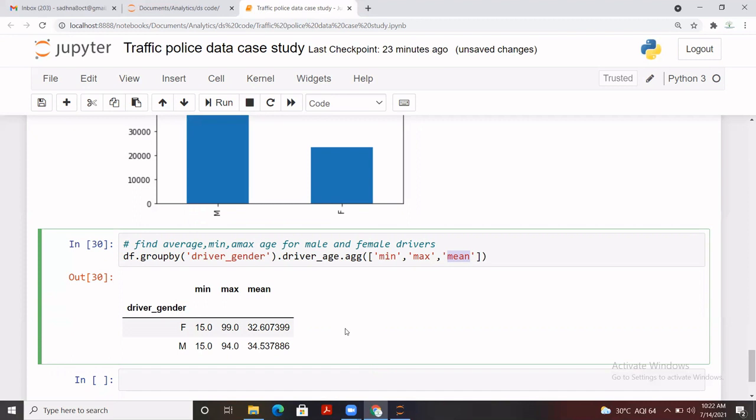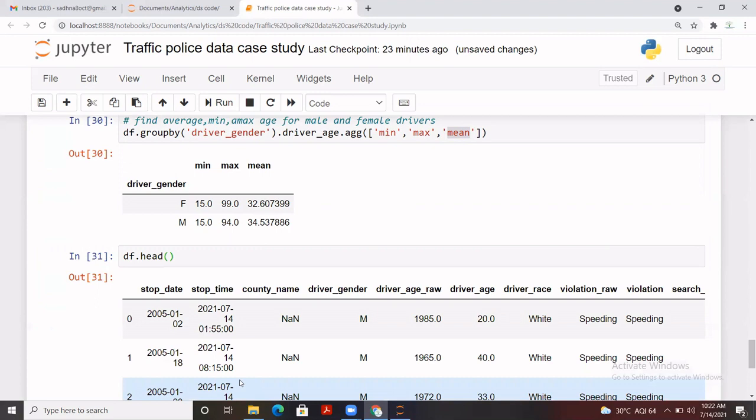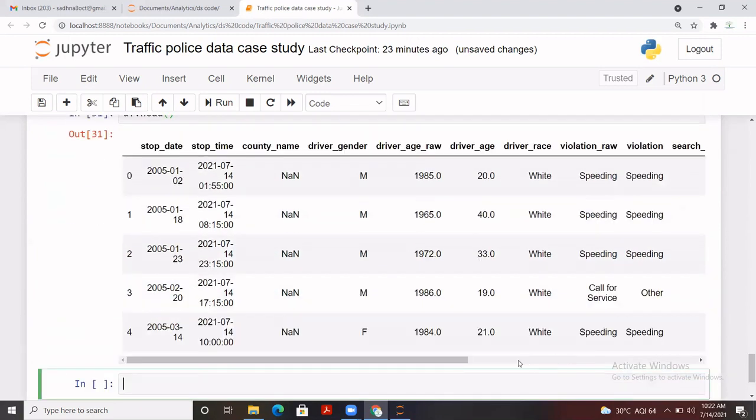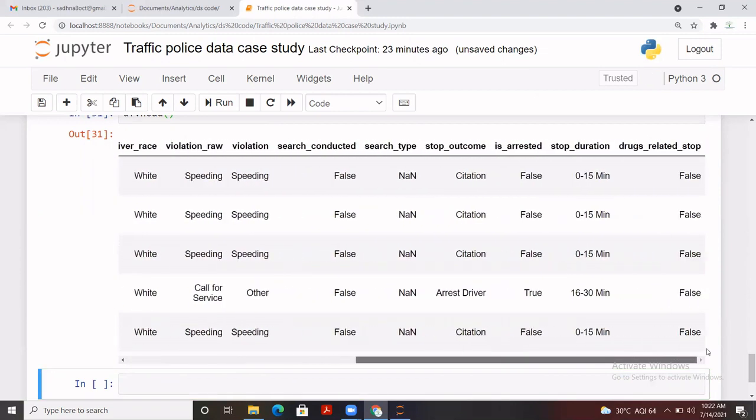Let me go through the data once again to find out more findings. Here is the data. So okay, these are the columns. What else can we do? Okay, all right.